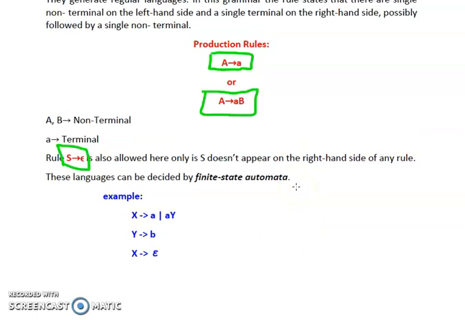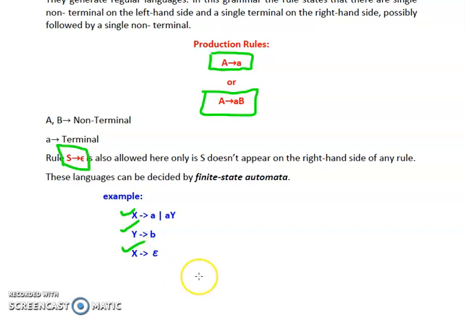Now let's see the example. So according to the example, let's check the left hand side of the production rule first. According to the left hand side, in each production rule we can have only a single non-terminal. So we can see that in the three production rules given in the example, in the first rule there is a single non-terminal, that is capital X, so it is correct for the left hand side. Now in the second production rule we have a single non-terminal, that is capital Y, so it is also correct for the left hand side. Now in the third production rule we have a single capital X, that is a non-terminal on the left hand side, so it is also correct for the left hand side.